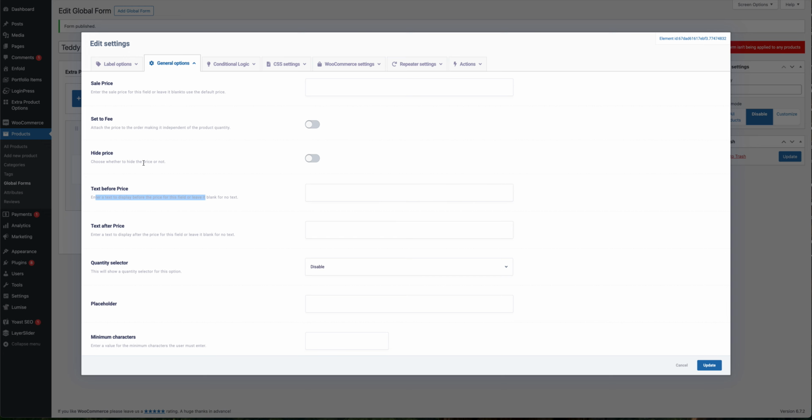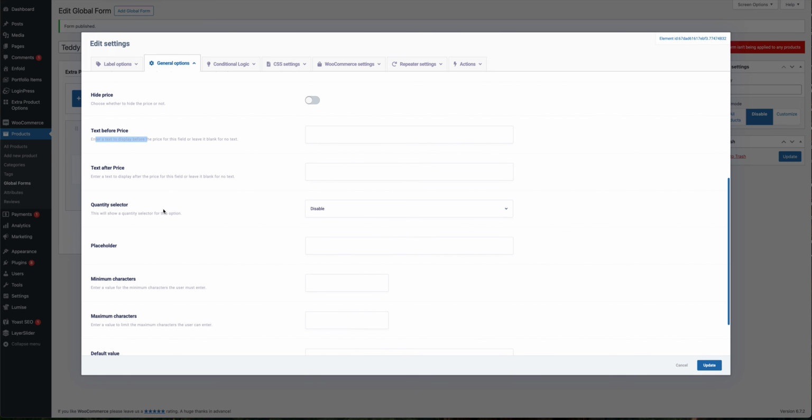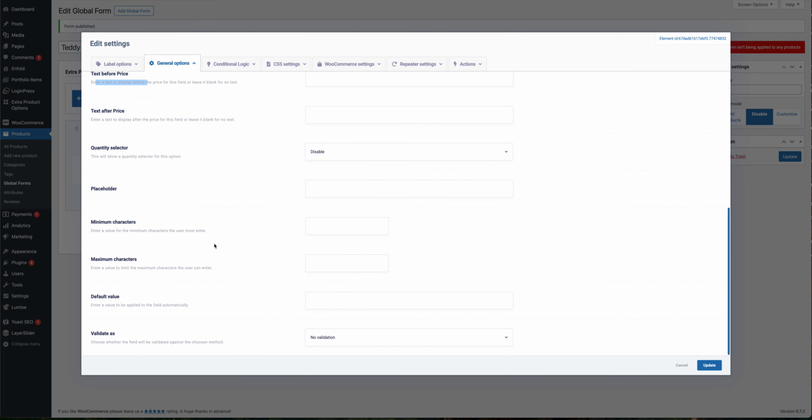That would be like if they were getting a crew t-shirt, if they just wanted the crew, say that was a tenner, but if they want their thing on the front, it's another £4. Yep. And that's just again the text that says that. The quantity selector we don't want. The placeholder,